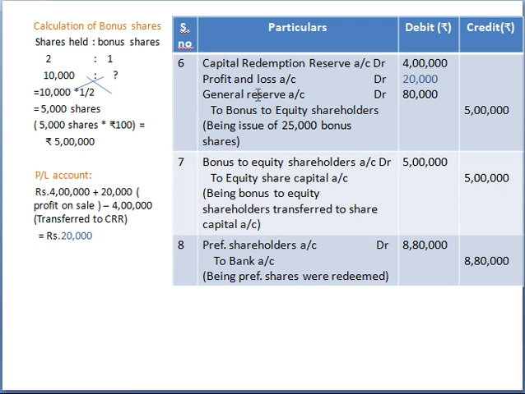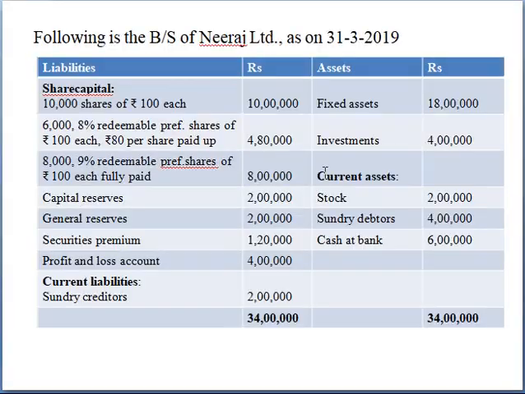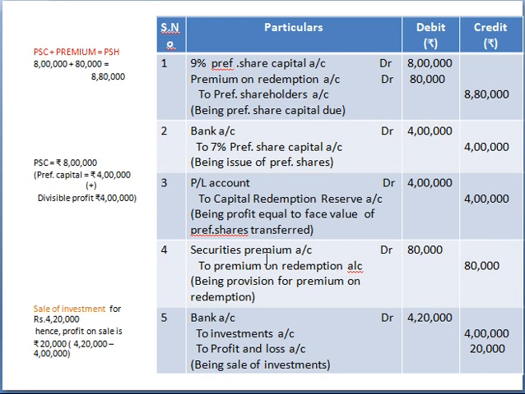And next is the divisible profit. Here the bonus we are issuing is 5 lakhs. Out of 5 lakhs, 4 lakhs we used from the CRR, and the remaining 1 lakh is needed. So that amount will be arranged through the divisible profit. Always use the profit and loss account first. The profit and loss account, which is given in the problem, is 4 lakhs. Check your problem: the company already sold the investment for a profit of 20,000. So our profit and loss account balance will increase. So add this 20,000, and next is